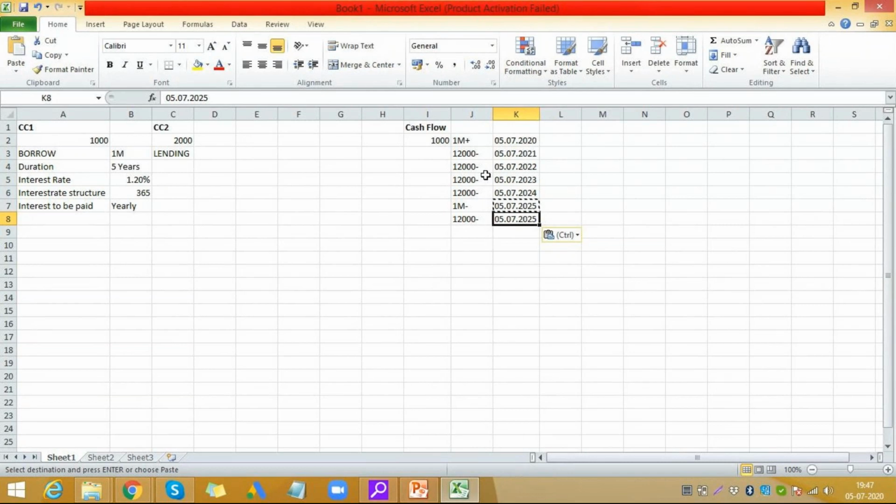This is for 1000. For 2000, it will become the opposite. First is 1 million plus, this will be negative, and these all will be positive. So basically we will know that from this, and the same information is also flowing to your cash management. It's equally important to understand that if you are implementing treasury and you're not doing the cash visibility or cash management, then it's useless for an organization.